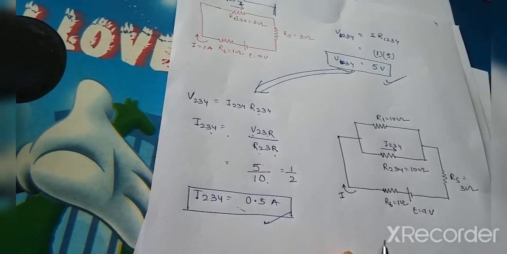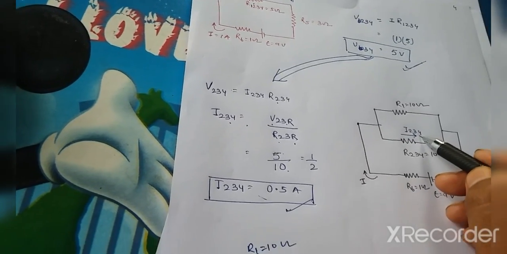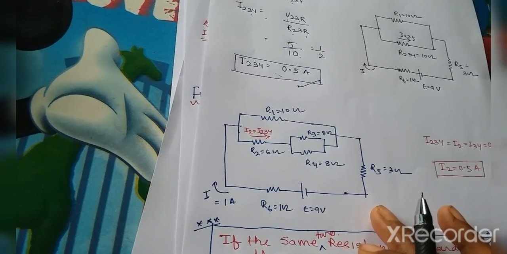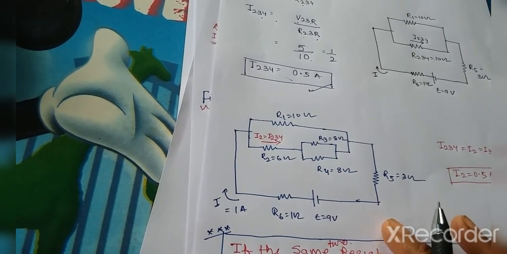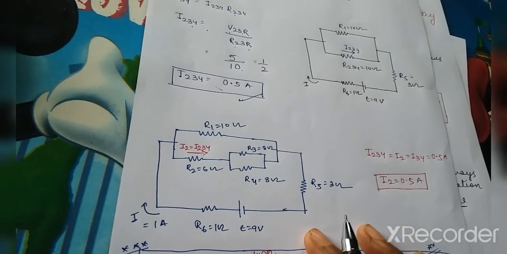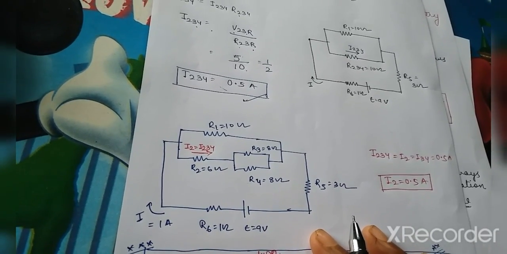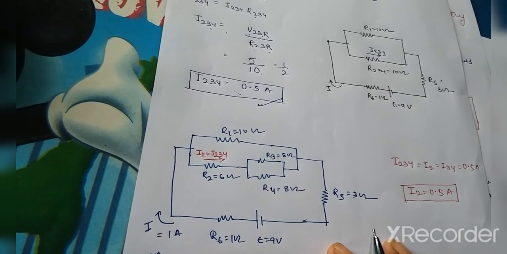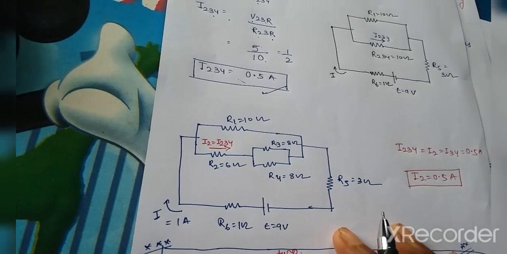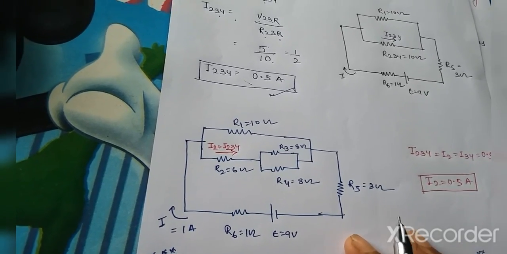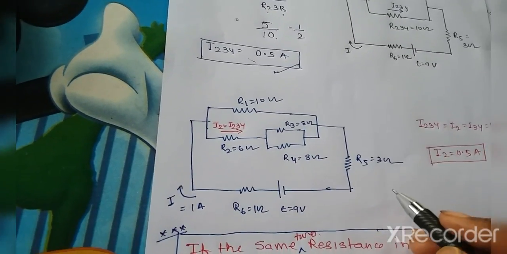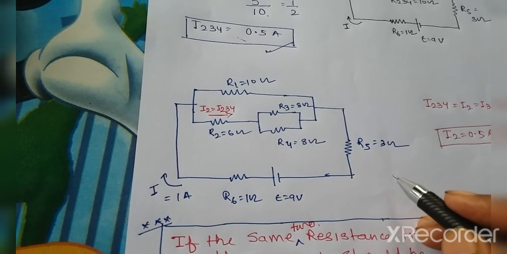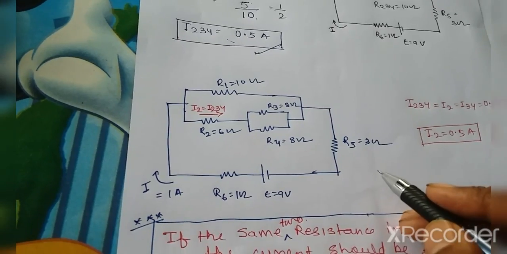This is the figure where I have to find this I234, and after that, going back to the first figure of the question, the same I2 equals I234 equals I34 equals 0.5, because I have taken I234 equal to I2 equal to 0.5, so I2 should be the 0.5 answer. The total current should be 1 amp, and across the R2 6 ohm there should be 0.5 amps of current.